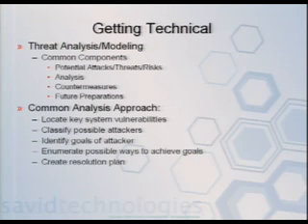You identify the goals of an attacker, okay, so your valuables, and then you say, well, these groups of people may want to get into my systems. You look at your vulnerabilities and say, these are the ways that they could get in, and you try to safeguard those as much as you can, and then create a resolution plan. If this happens, I know to go look at these systems because I know these are my weak points, right? And everybody always looks at the users as your weakest link.